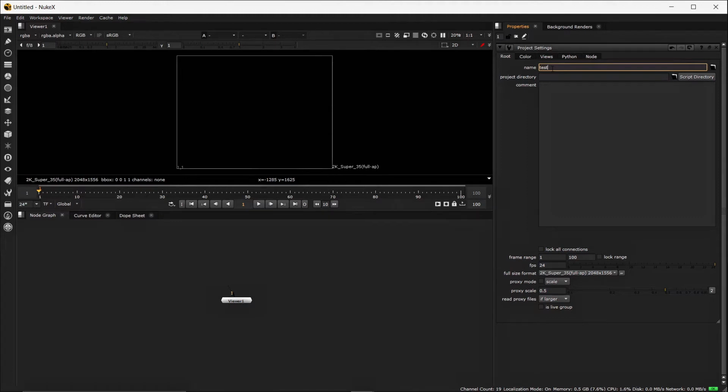Remember, .nk is a short form of Nuke, so it always supports .nk scripts. So any name, and after that you put .nk, and after that you have to select the ranges